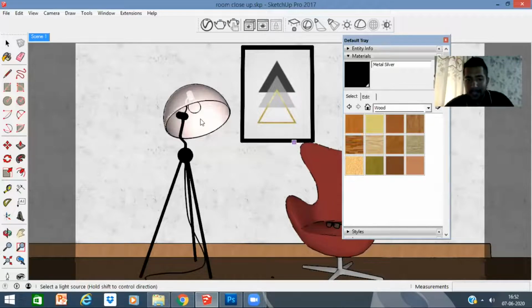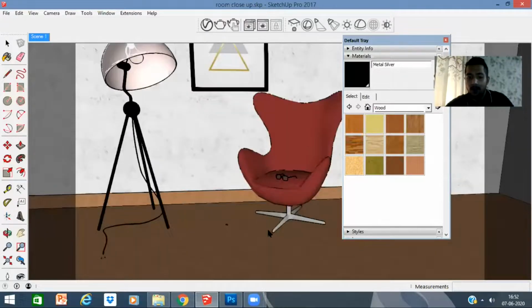So for the spotlight, guys, I can just do a single click over here, and with the help of shift, you can see I can actually set the focus of my light. Okay, where do I want to focus the light? I want to focus it a little bit on the chair, especially on that glass over there, because that glass is more of a character building in our view.